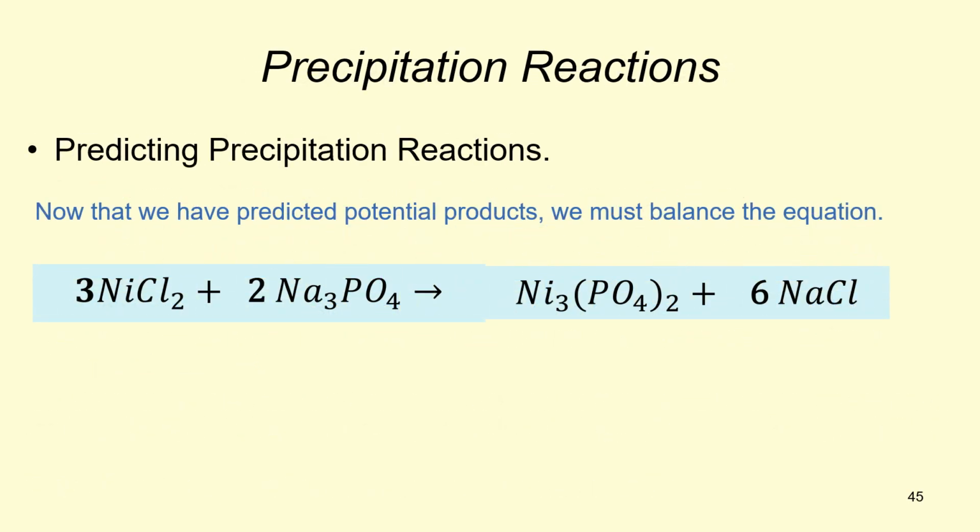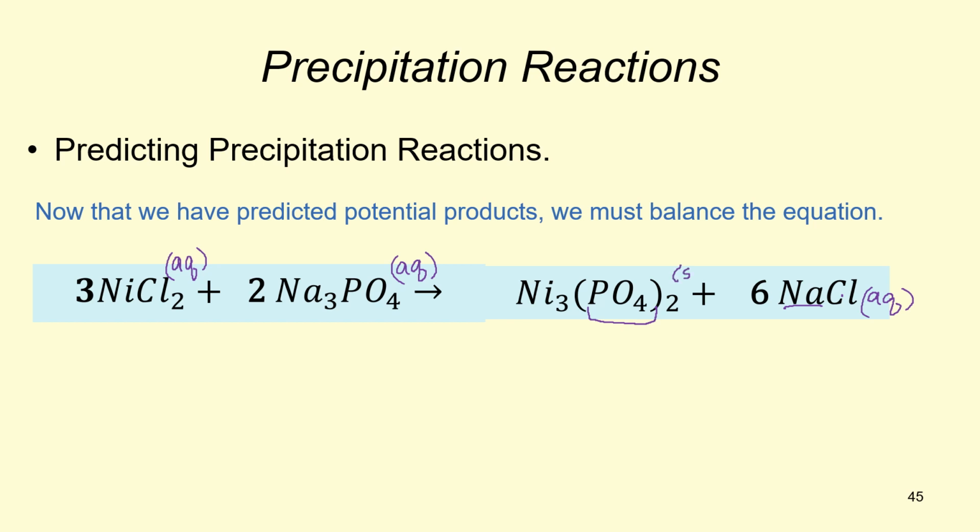Okay, so like I said, we have to balance the equation. So here's our balanced equation. Now we want to predict if a precipitate will occur. So we use our solubility rules. We already know that's aqueous, and we know that that's aqueous. So we know that those will be soluble. And we also know anything with sodium and chloride are soluble, or most everything with chloride, but anything with sodium is soluble. So we know that's soluble. So now we just have to check this and decide if this is going to be a precipitate or if it's going to stay dissolved. If you go back and look at your solubility rules, most phosphates are insoluble, and nickel is not an exception, so this will